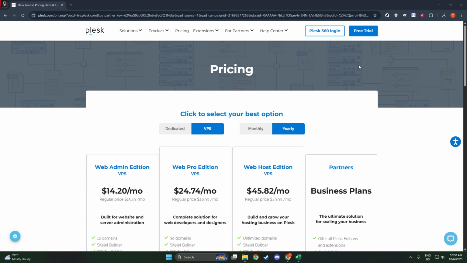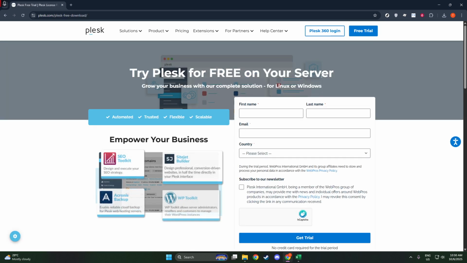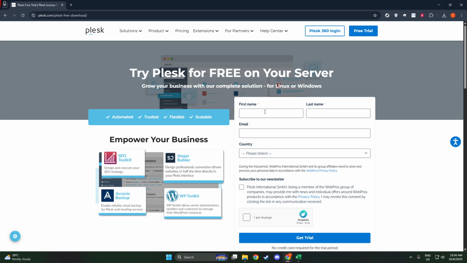To start your journey, you'll need to install Plesk on your self-hosted server. This might sound a bit technical, but don't worry. Plesk's installation process is well documented and straightforward, guiding you through essential steps to get it up and running smoothly. You can download the Plesk installer from their official website and follow the step-by-step instructions they provide. It's important to ensure your server meets the necessary requirements, such as having a compatible operating system and sufficient resources